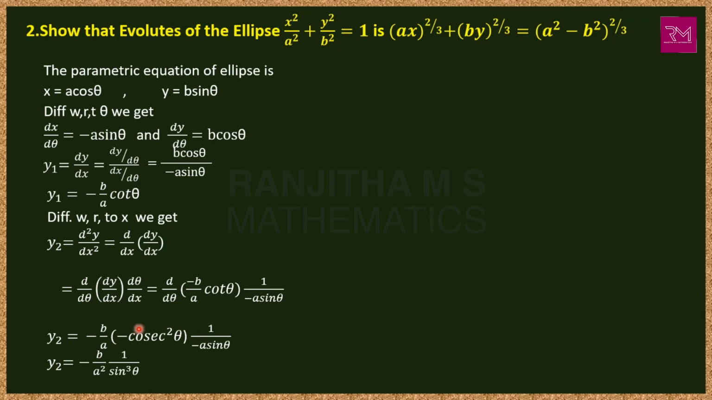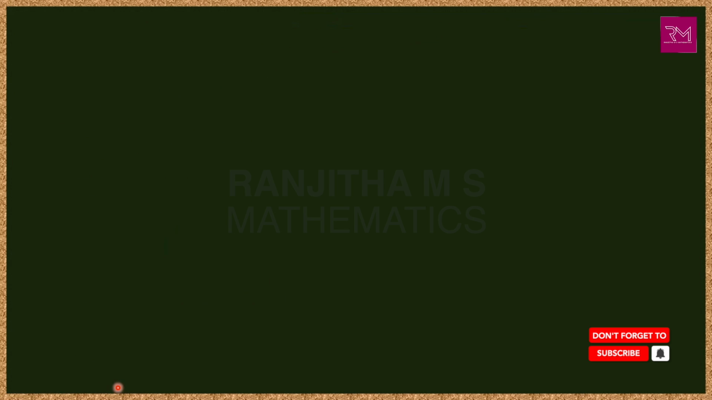You already know cosec θ is the reciprocal of sin θ. Hence we have 1 by sin² θ into 1 by sin θ, we can write it as 1 by sin³ θ. y2 value is minus b by a square into 1 by sin³ θ. This is our y2. Now after finding y1 and y2, we have to substitute in the formula of coordinates of